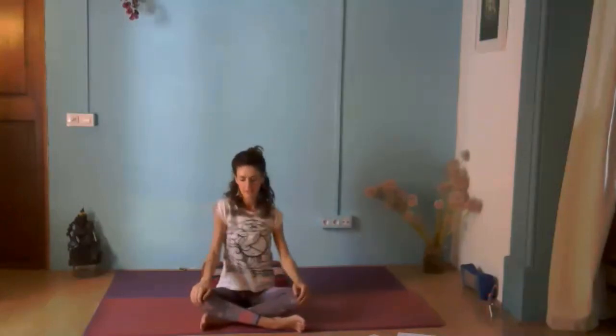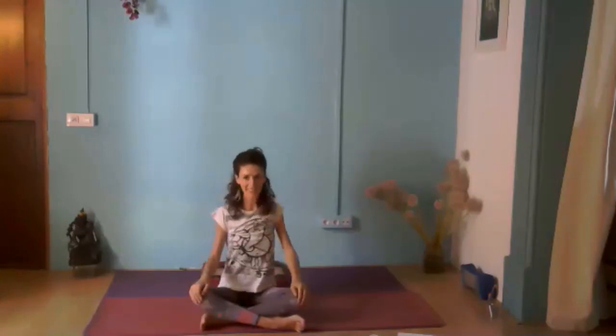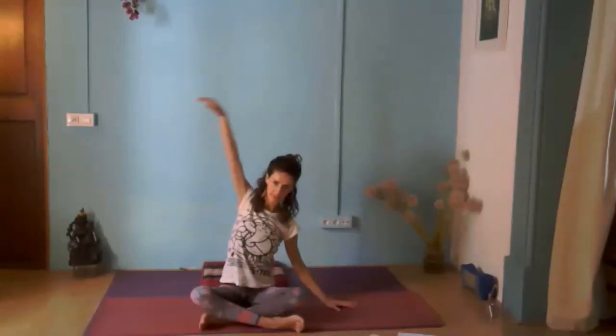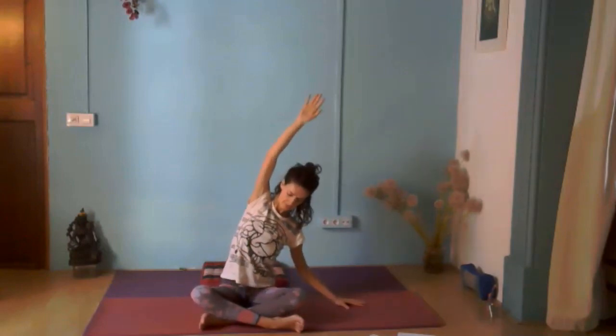Mobilizing the shoulders. And then starting to get warmer in the body. And then put the hand to the side. And take the arm up. Yeah. And stretch the side body. Here, watch that you don't lift the shoulder up. Yeah? The shoulder stays down. And extend,